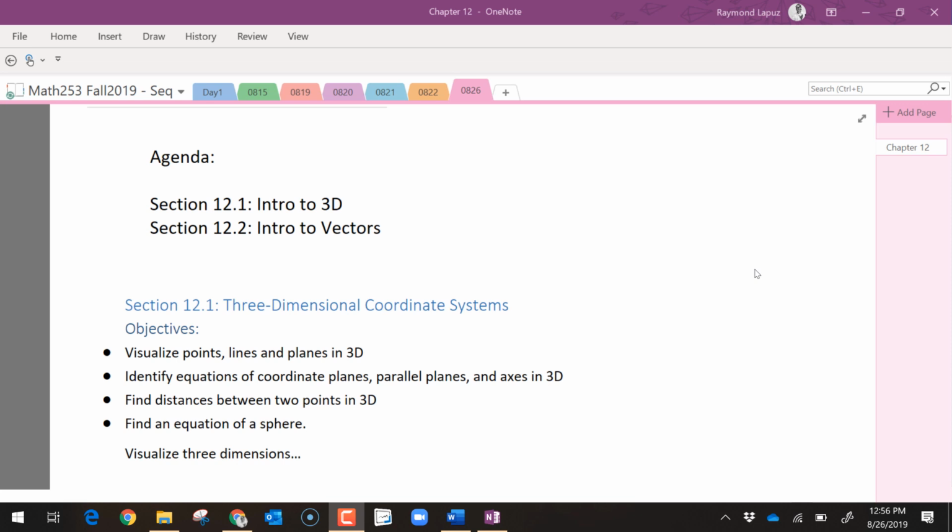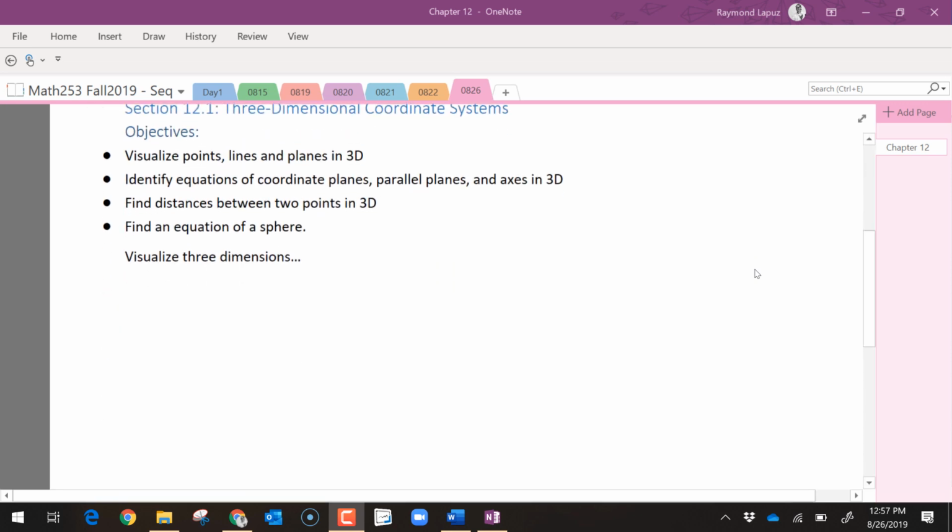And Desmos doesn't do 3D, so we're going to have to up our game a little bit and switch to another program that does 3-dimensional stuff. So anyways, let's start with